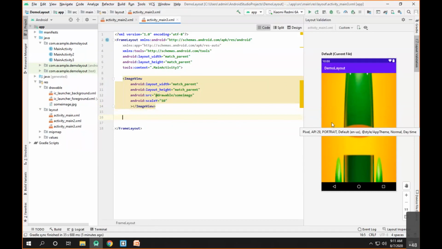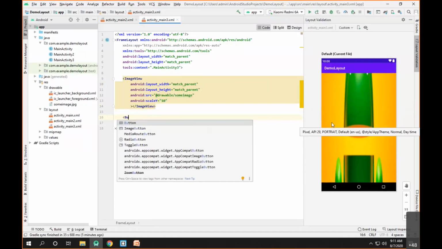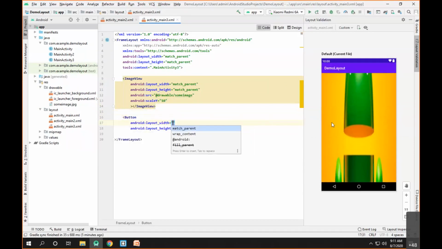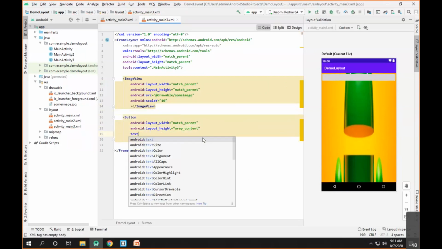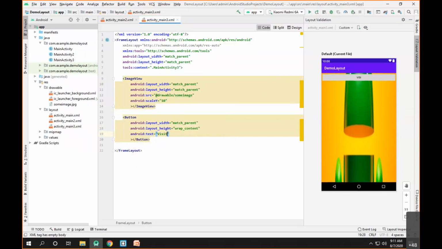Now let's add a button here. For the button, we'll take the width as match parent, so that the button will match the entire width of the parent, and height as wrap content. And here we'll say the text of the button is visit website.